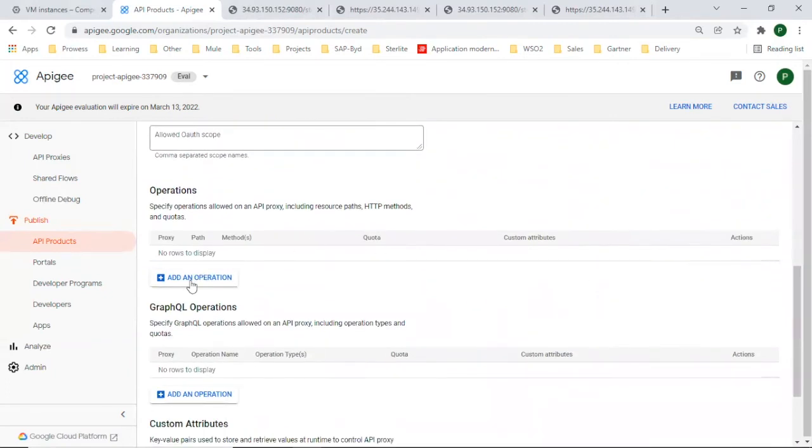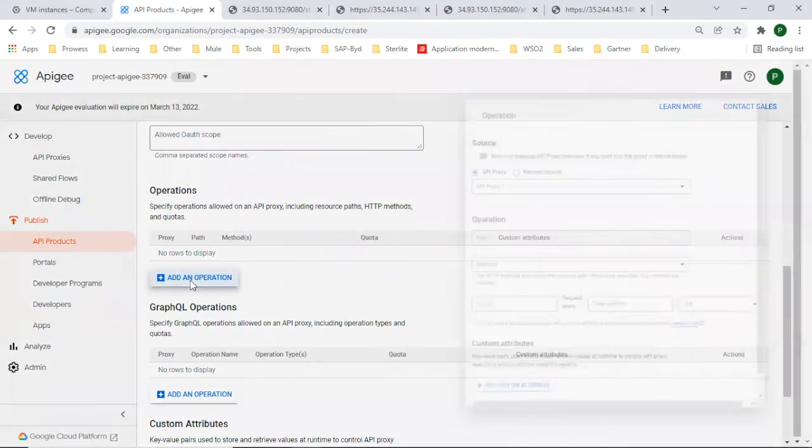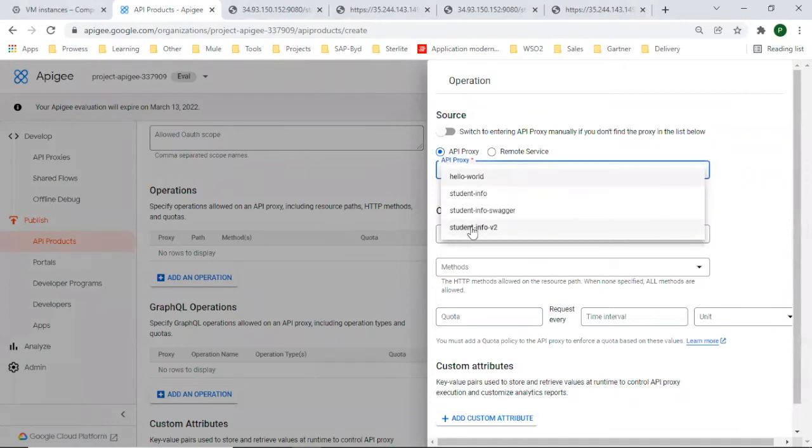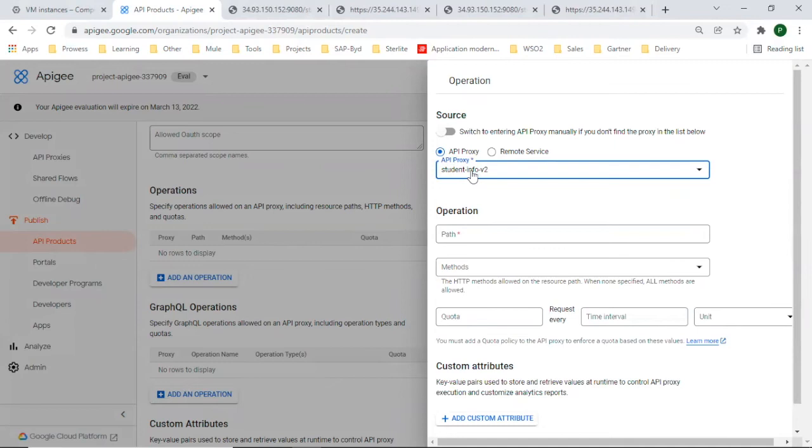The one thing that I need to add is the actual operation. So I'm going to have student info v2 as the API proxy that is going to be added as part of this product, and the path for that is, as we have seen, student info v2,